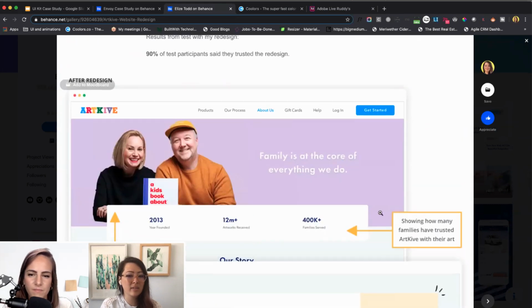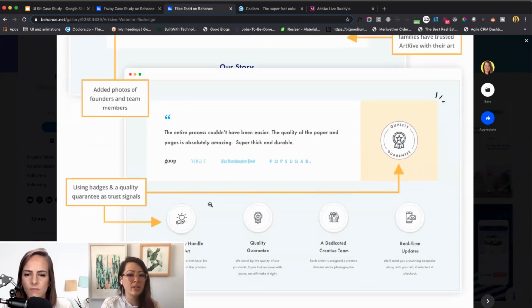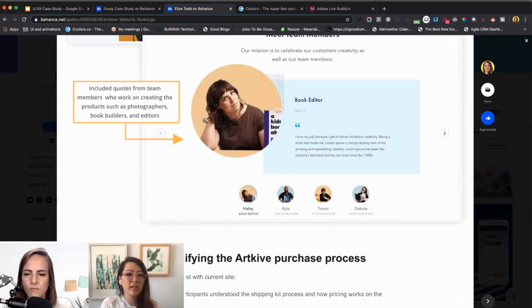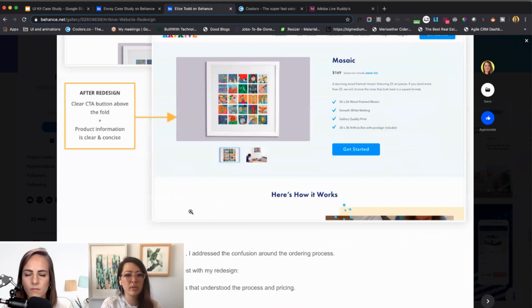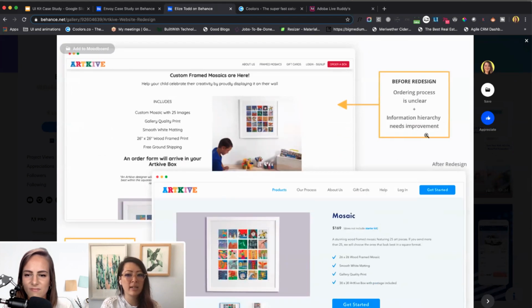Even in my final designs, I'm talking about what we're doing. Okay, here we want to add photos to gain more trust from the user, etc. Putting it in context helps me understand your train of thought. So this is something I really like to see in other people's case studies as well. Anyways, those are just a couple other notes. Here's another before and after. I talked a little bit more about what was not working before and what's working after.